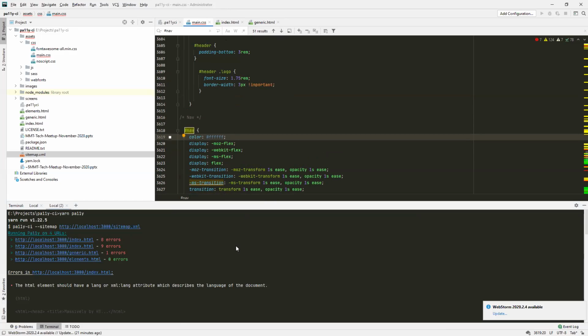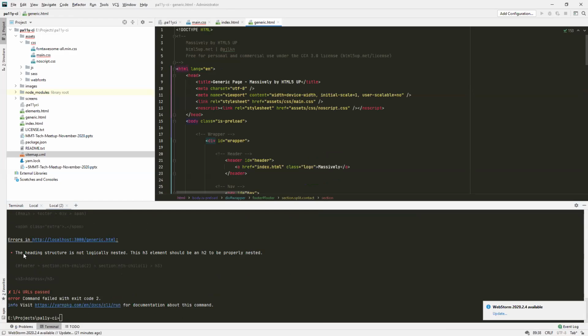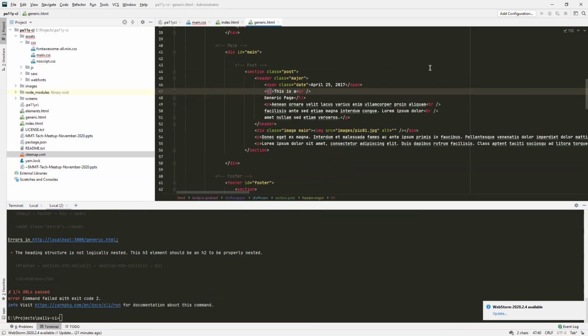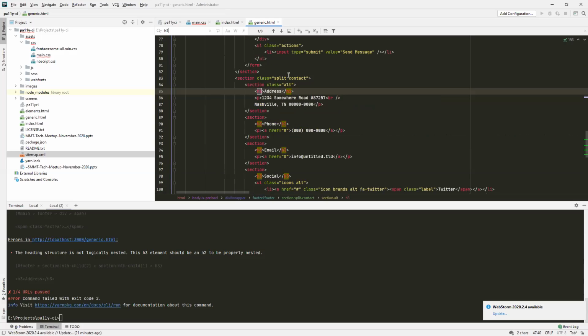So the next page is a generic page. It has only one error. It says that the heading hierarchy of our headings is not correct. So that means, what do we have on the page? Have we got H1? Yes, we do. Then we search for H2. No, we don't have H3. Oh, we have H1 and then H3s follow after that. So a simple change, just